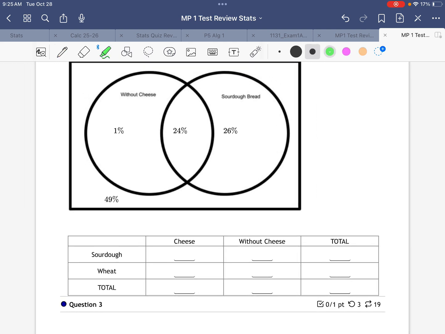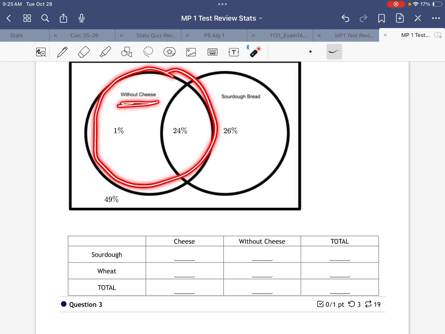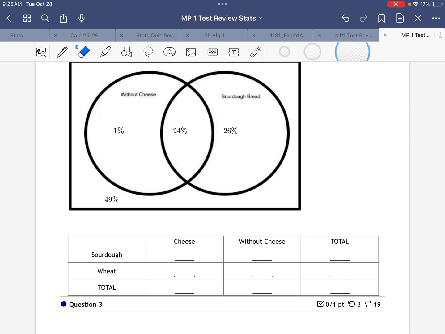Now I think this one could be tricky because we're used to having the category be something like family or friends, or cheese and then without cheese. But this circle right here represents without any cheese, and this circle here represents the sourdough bread. So if I'm looking at the table here, the 24 in the middle represents that we will have sourdough bread, but if it's inside this circle, it's going to be without cheese. So this is going to be